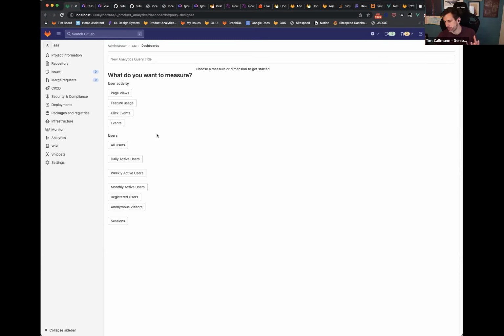Okay, this is a query builder that is super powerful, but not really usable, especially for the early stage of users. So the idea is to break down here and build some abstraction into the product so that the user can come in and say, hey, I want to measure page views. I want to measure feature usage. I want to measure click events. And on the other hand, maybe users and daily active users and weekly and so on, all those user metrics